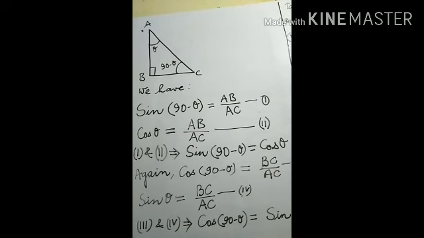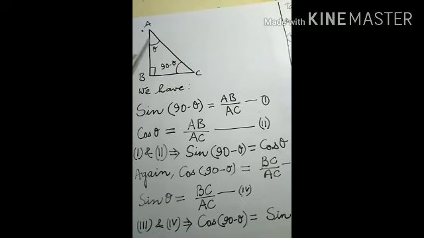A triangle ABC is there. You may observe, obviously this one is triangle ABC, and on the basis of triangle ABC we have to set up the relation of angle to complement of angle. Suppose this angle is theta, this one is 90 degrees, so ultimately this will be 90 minus theta. Why is it so? Because alone this one is 90 degrees and the total sum of a triangle is 180 degrees.